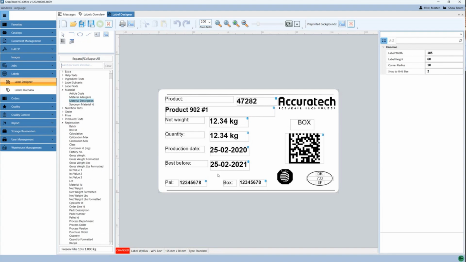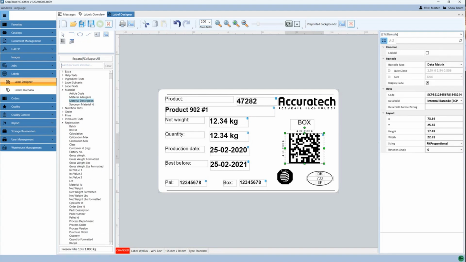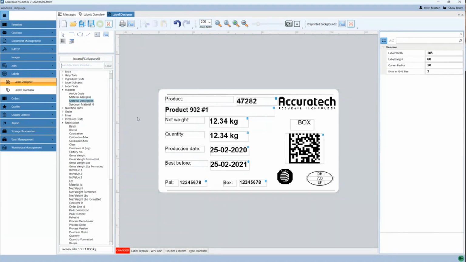Also, you can insert barcodes. For instance, this is a box barcode. So this will be a unique tracking number on the barcode for each box we print. We can also put a tracking number on each pallet and item. And important to tell also is that all fields on this label will be sent as a picture to the printer. So if you put in some Chinese characters or something like that, you don't need to have the font in the printer. You can just put them in here, and then it will work with the printer.